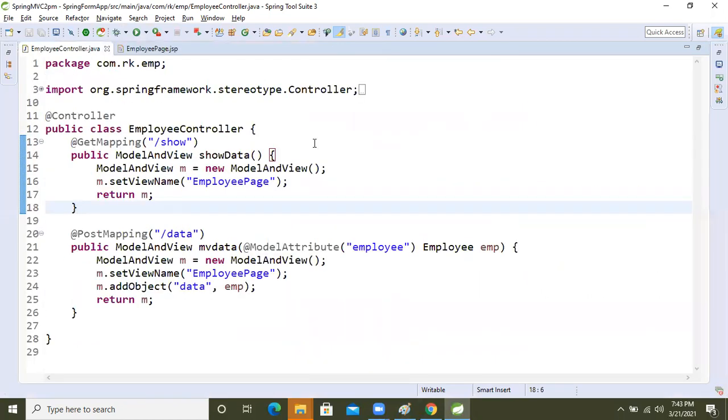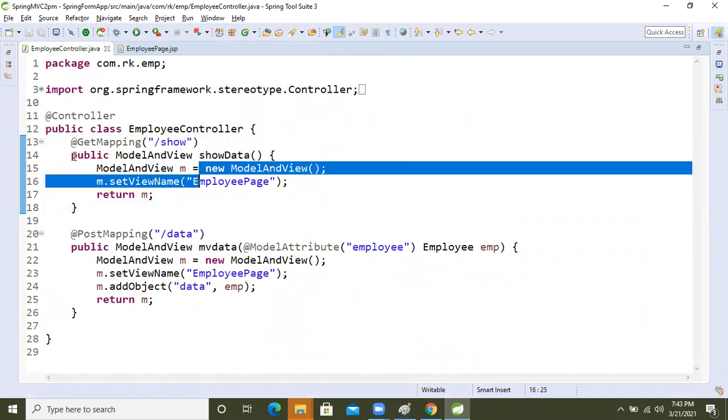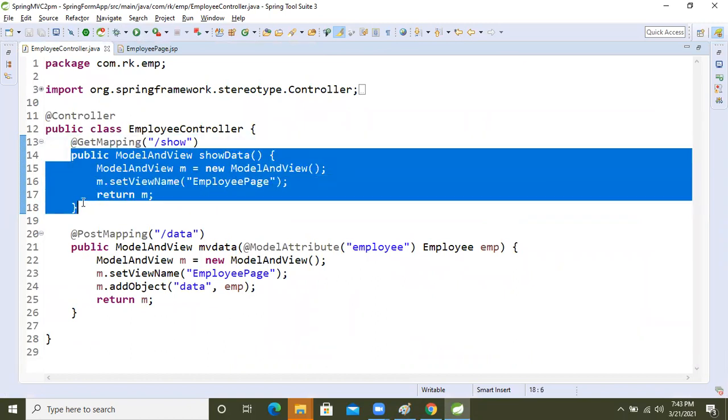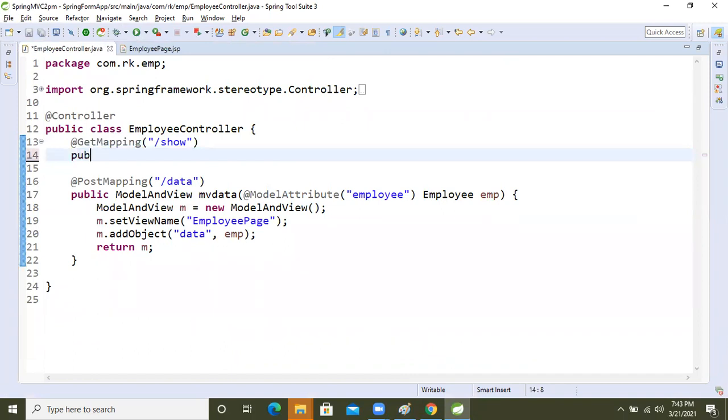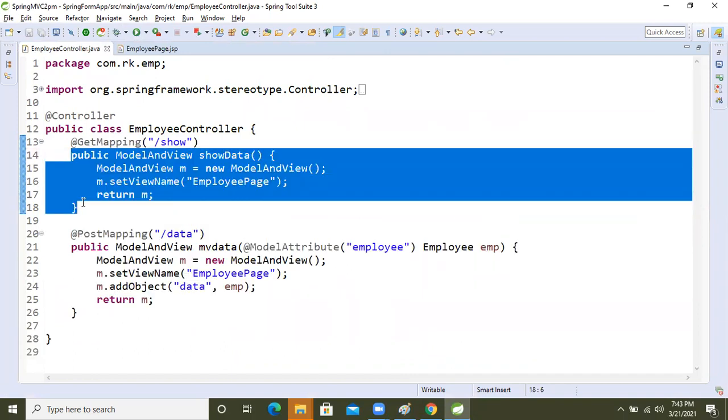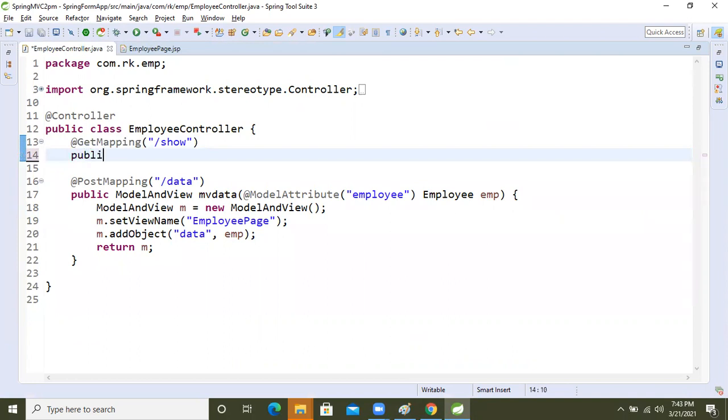I'm going to do the same things. Everything is the same only. What I will do now is remove this one and write public. The return type is String. I'm taking the method name as so data, and inside it I'm returning